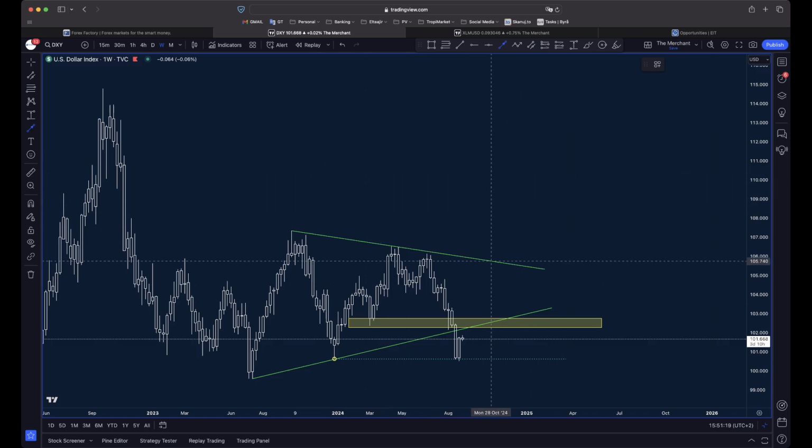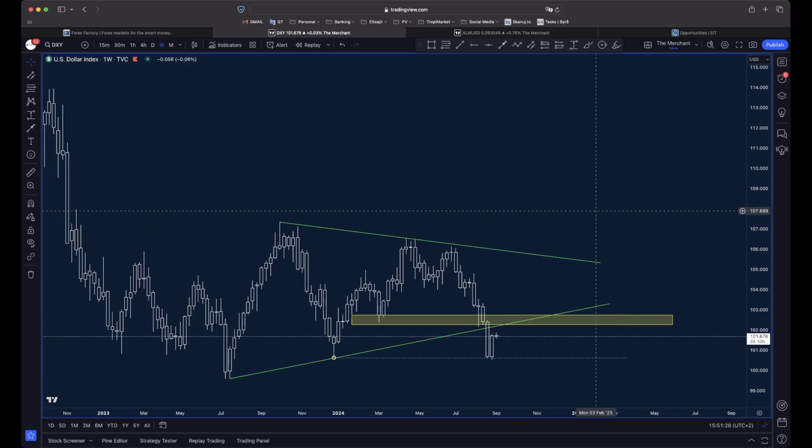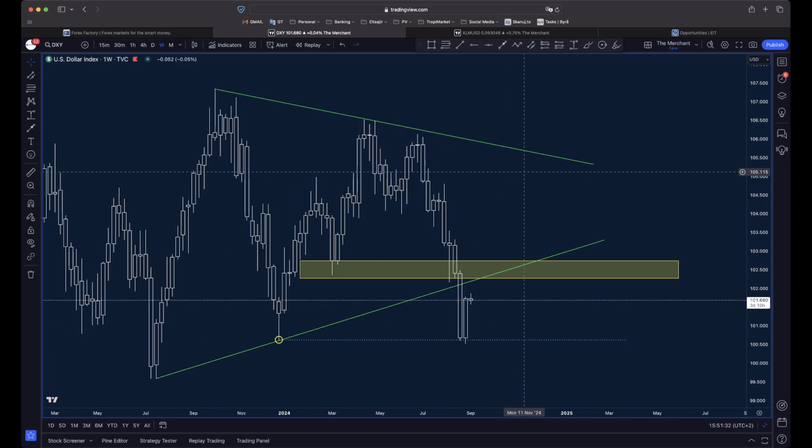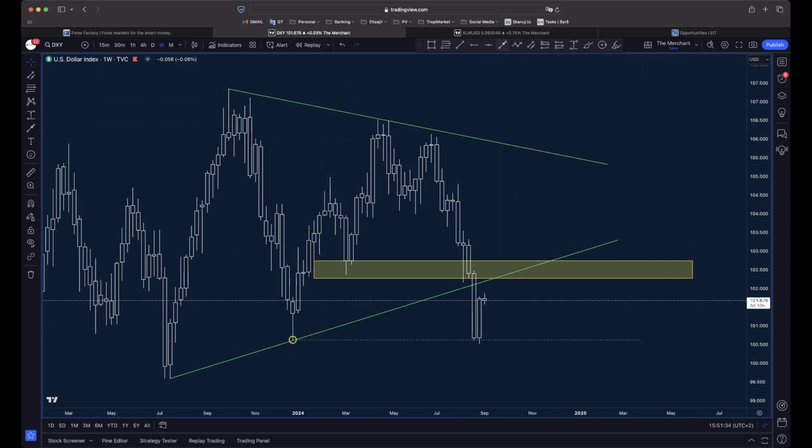I'm not saying the bigger picture is what matters most, but it's good for you to understand what is happening, and it's also good in case you are more of a swing trader. But for sure, there are a lot of trades in between. What I want to say and keep in mind here is that we had this wedge pattern